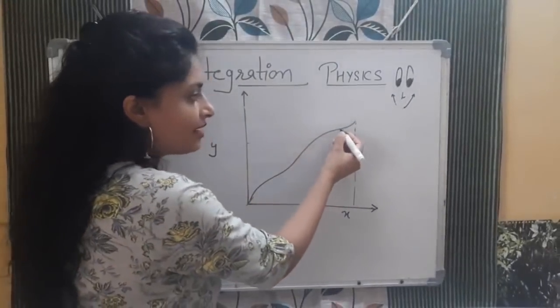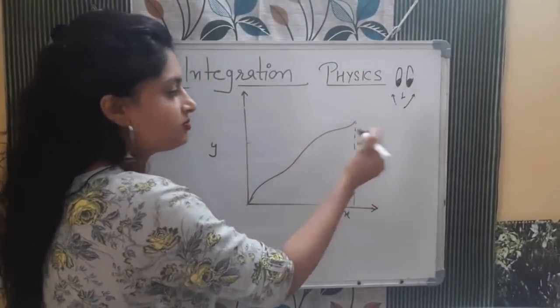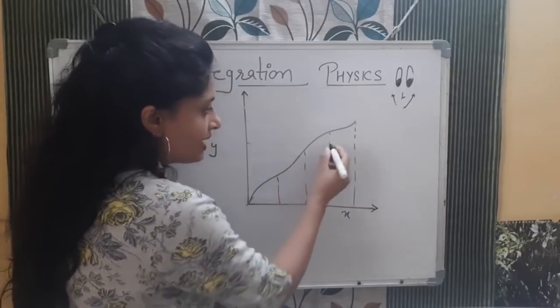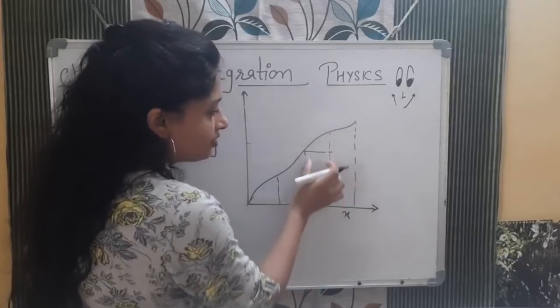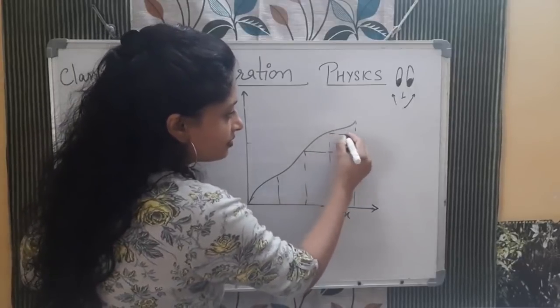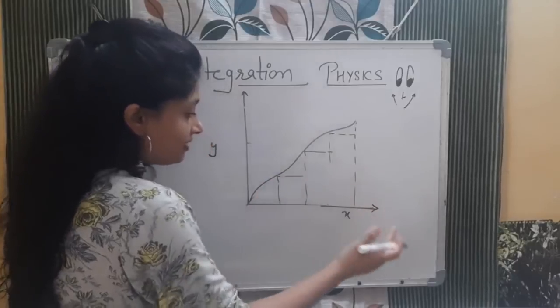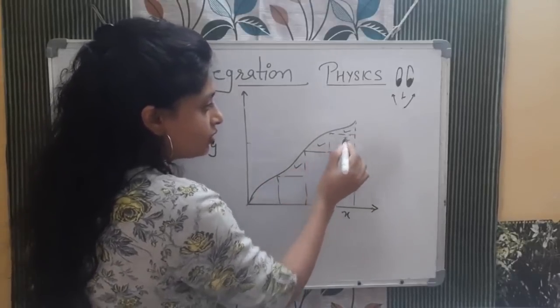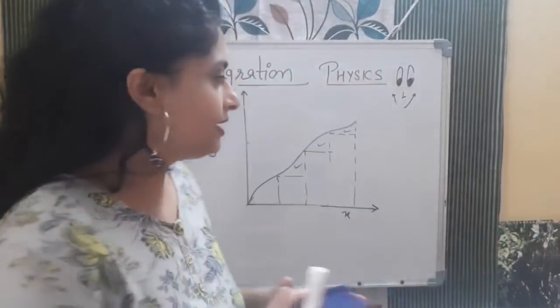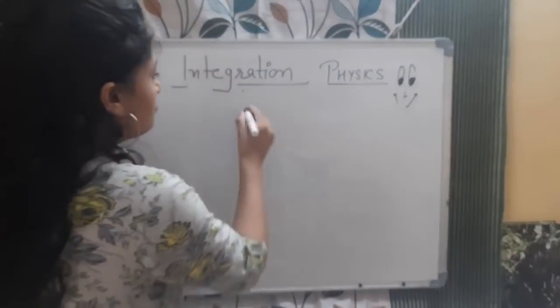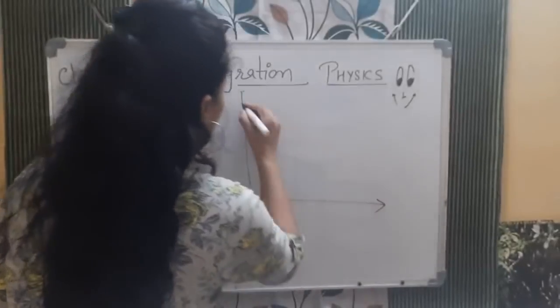Now see, why am I not taking wide strips? Because for example, if you take strips like this, what will happen? This will be the only rectangle. Here, this will be the rectangle. Here, this will be the rectangle. So what will happen? This extra area. So whatever area you calculate now will not be the exact value when you are taking wide strips. For example, in the same graph, we should take thin strips, as thin as you can take, you have to take thin strips.